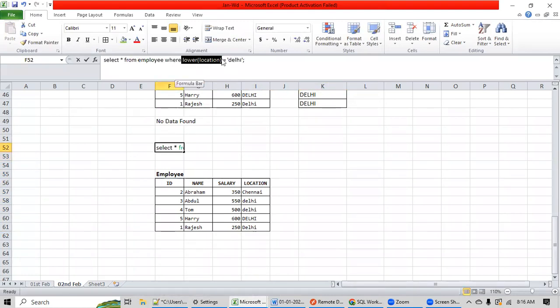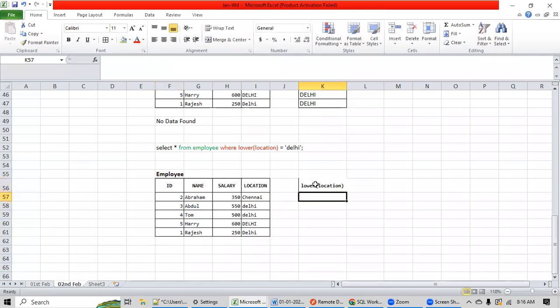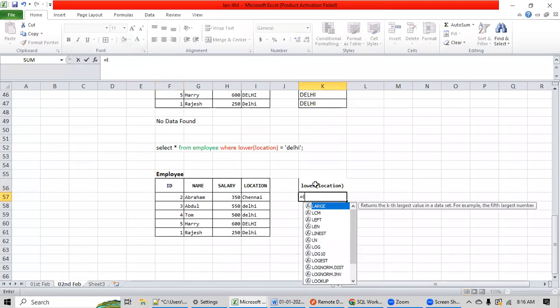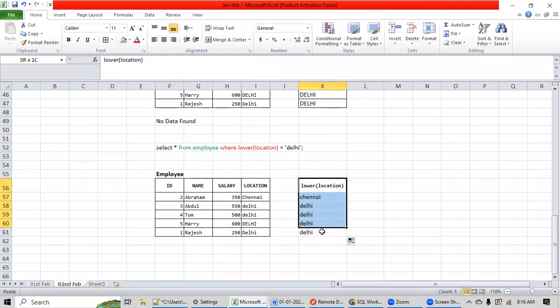What is the meaning of lower location? Create a new temporary column, lower location, and convert all the data in this location column into lowercase. So now see, everything is converted to lowercase.